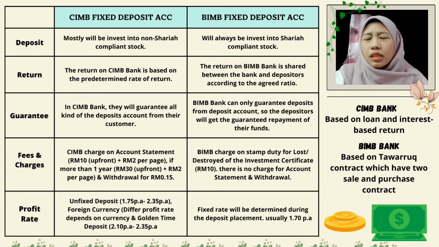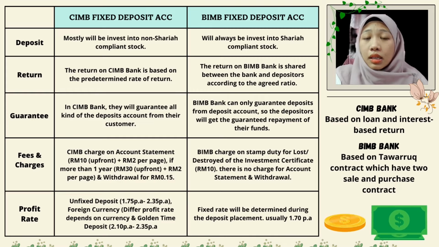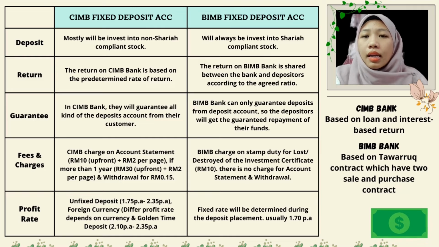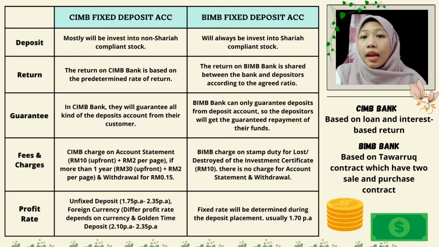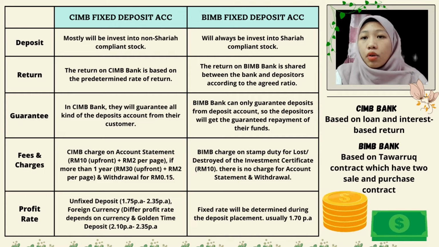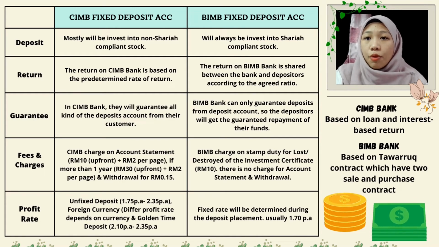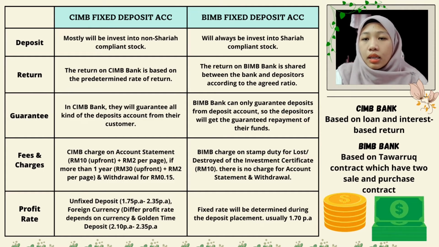For the fee and charge, CIMB Bank charges for account statement up to 1 year 10 ringgit, and then 2 ringgit per page. For the statement account that is more than 1 year, it is 30 ringgit and 2 ringgit per page. Then for the withdrawal by check it is 15 cent. While in the Bank Islam, the amount that is charged is only on loss and destroyed item on the investment certificate for the stamp duty with 10 ringgit, and